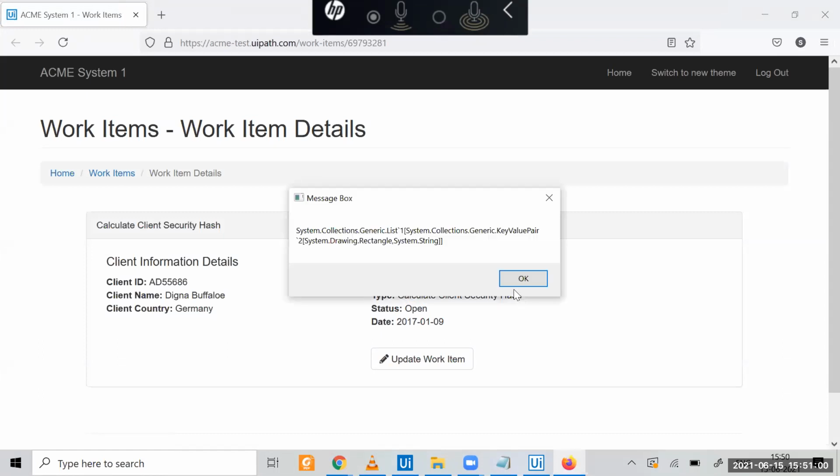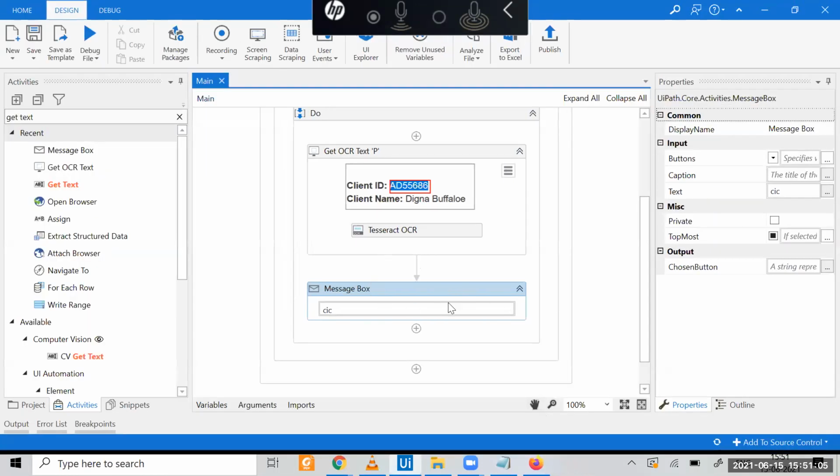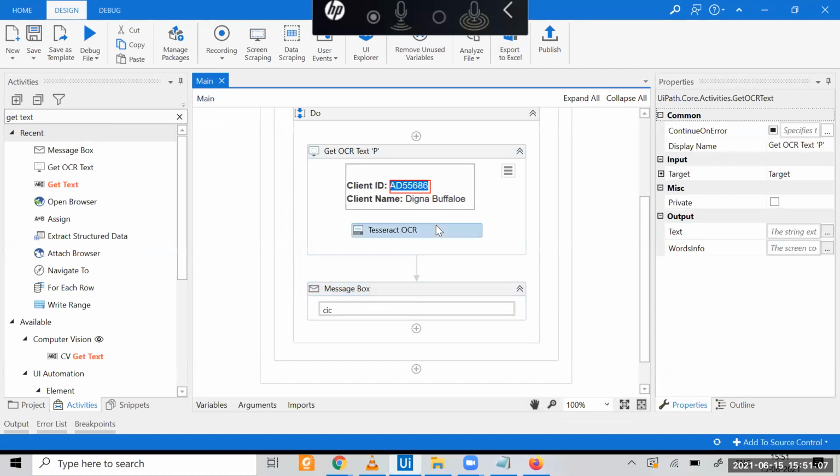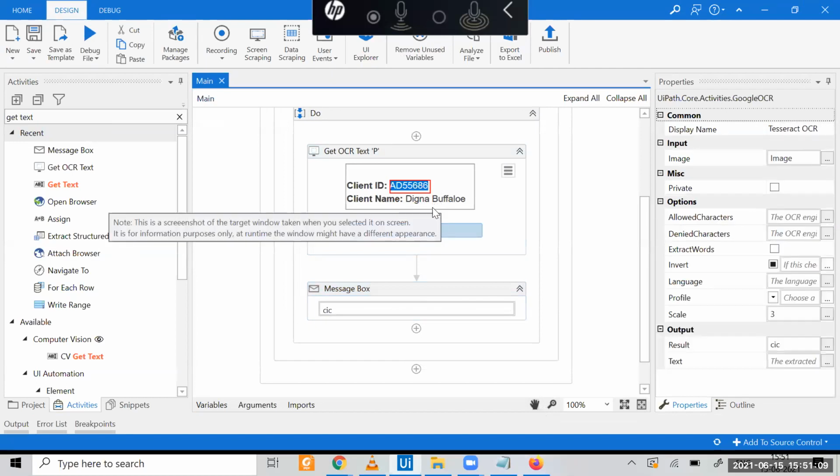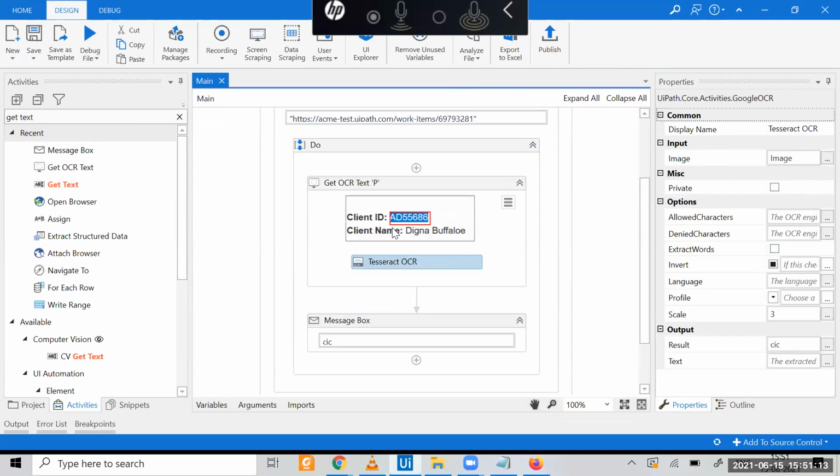Yes, sir, it's showing. Why is it having some error?